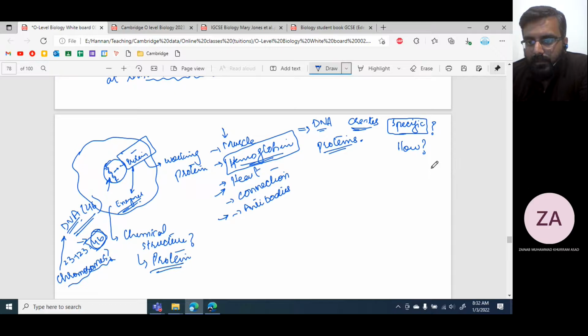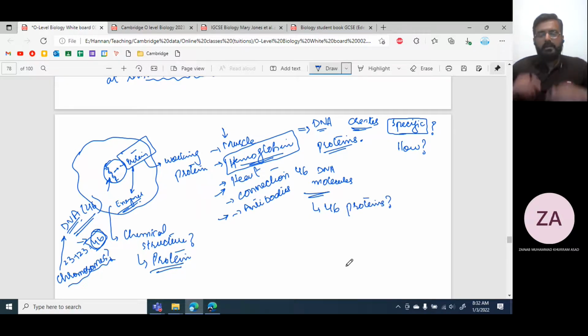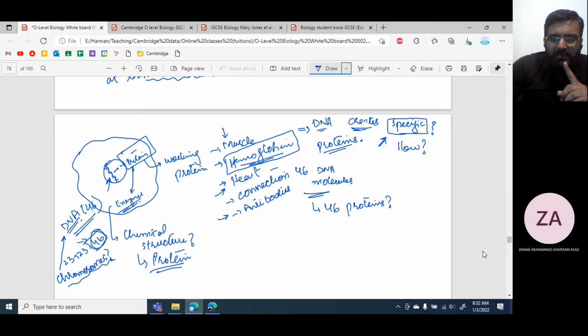But if we have 46 DNA molecules, does it mean that we create only 46 proteins? If a single DNA molecule is meant to create a single protein, a single specific protein, focus on the word specific. If a single DNA molecule,